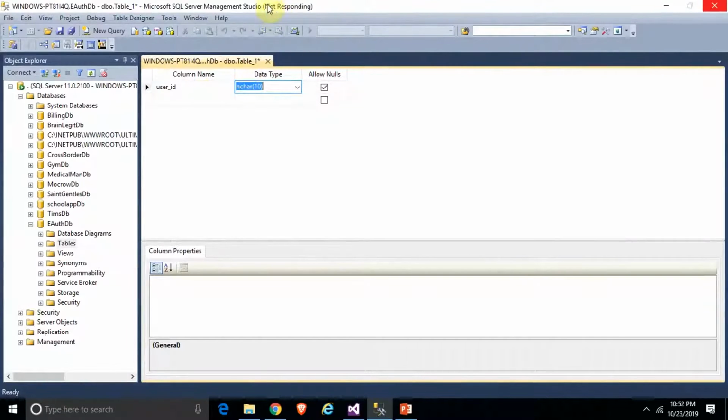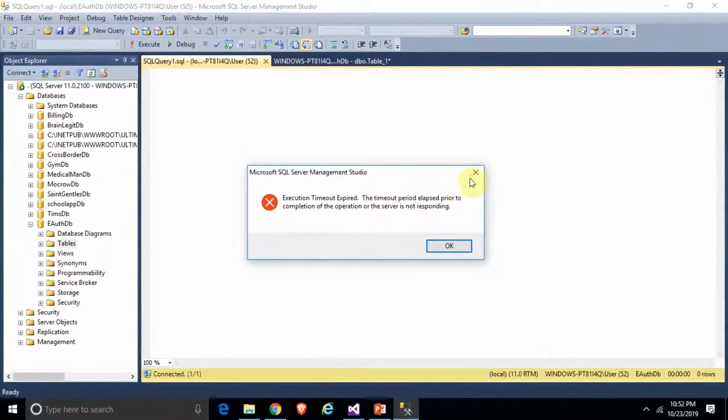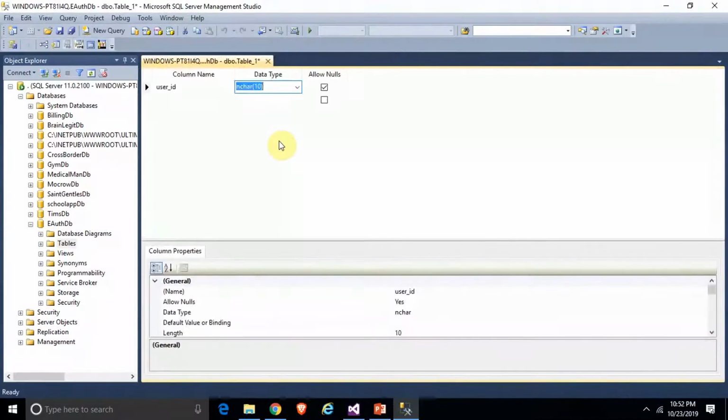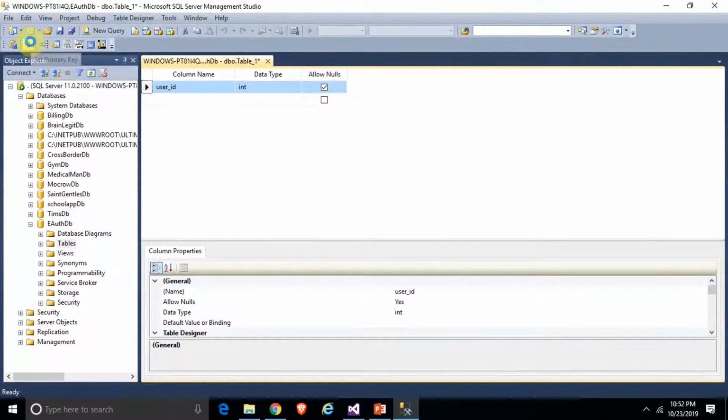I don't know, it's not responding. Oof, I didn't click SQL query. So we say this is an integer, for example, and then we'll make it our primary key, and then I come right here,